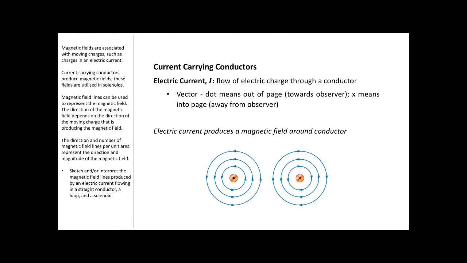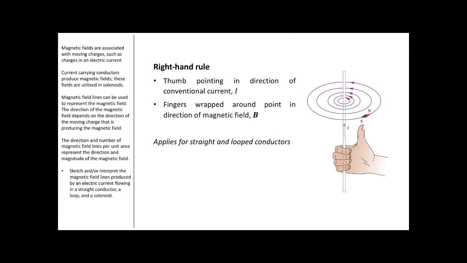If you see an X, that means that the current is travelling away from you, so into the page, along a wire that's been chopped in half, or a wire that you're looking at the cross section of. The electric current produces a magnetic field around this conductor, and on this slide,